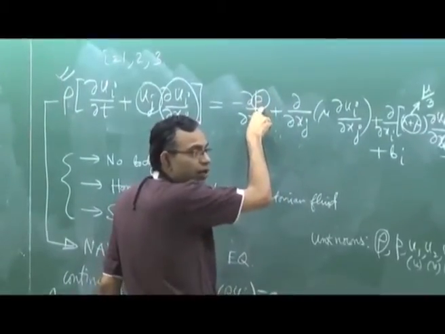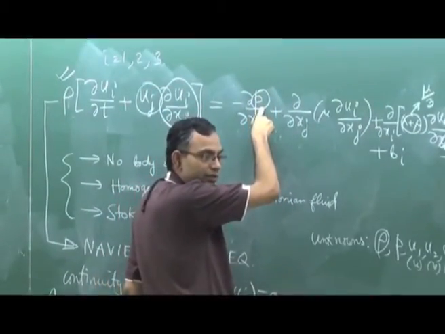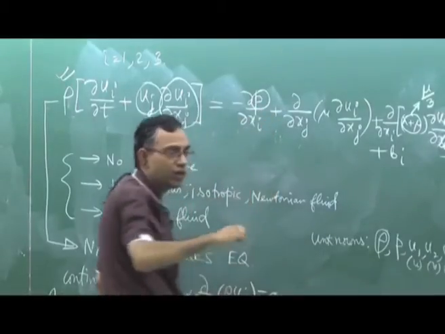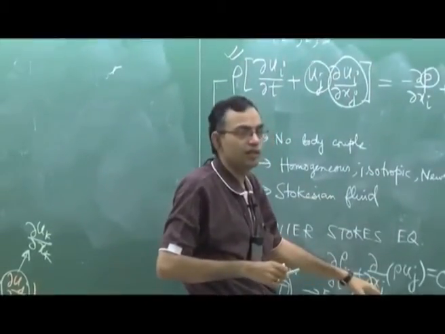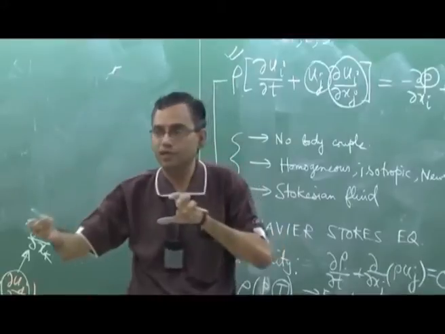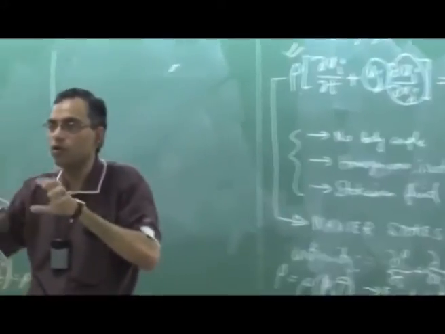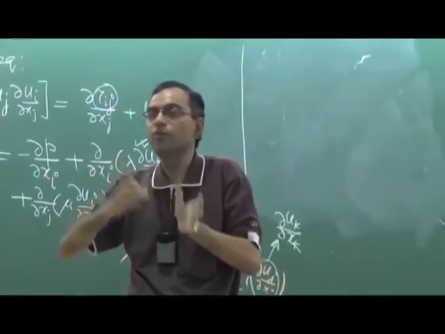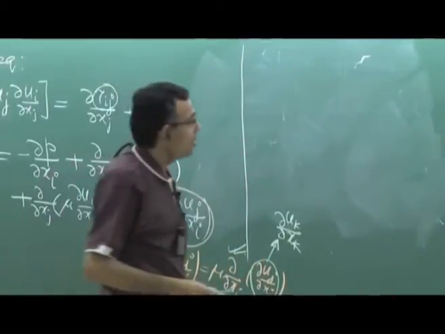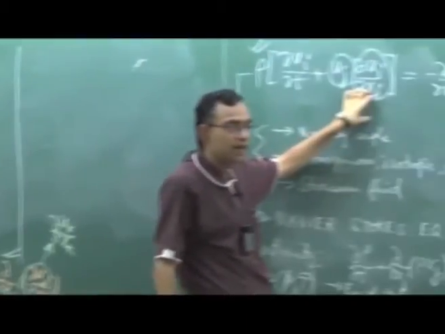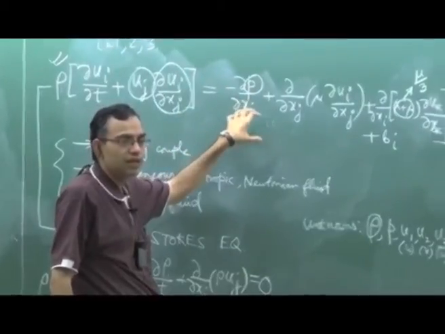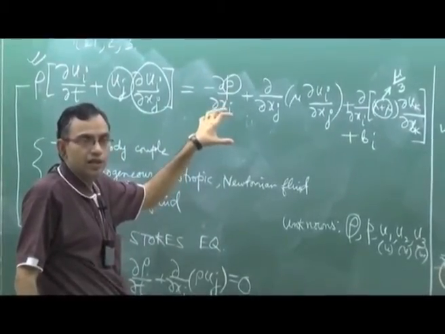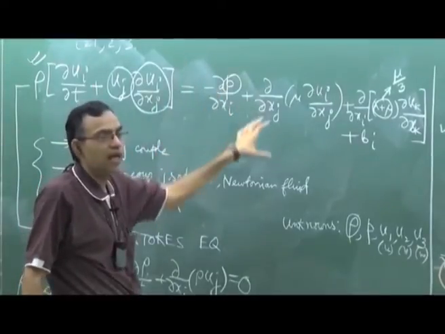Point number 2 is you have pressure as a variable, but you do not have a separate governing equation for pressure. So you need to play certain tricks. You need to relate the pressure with the continuity equation to somehow get a governing equation for pressure, and that is not very straightforward. You have to do it through some numerical technique. So normally, because of this non-linearity and because of this particular typical nature of pressure for which there is no separate governing equation, you cannot solve this equation analytically.